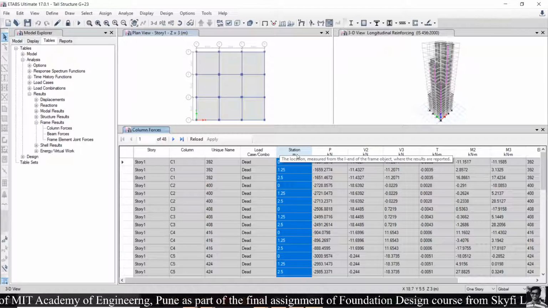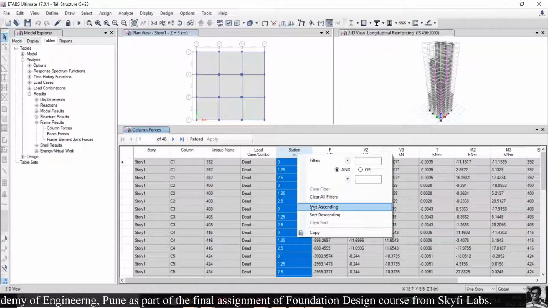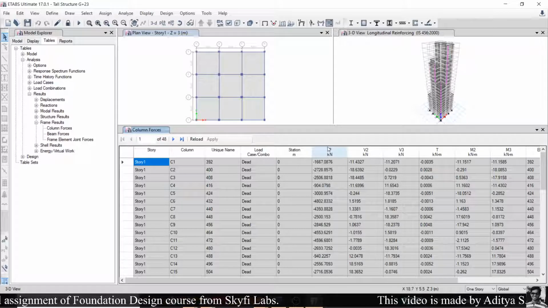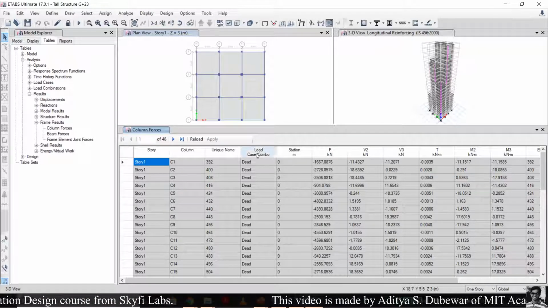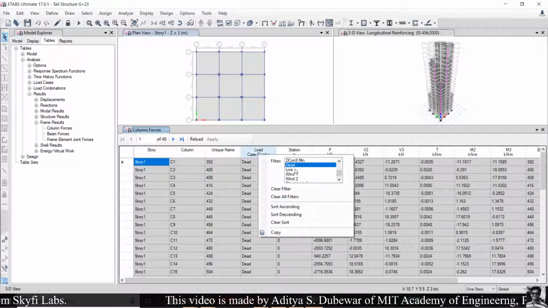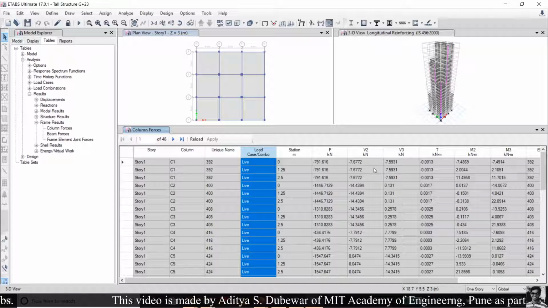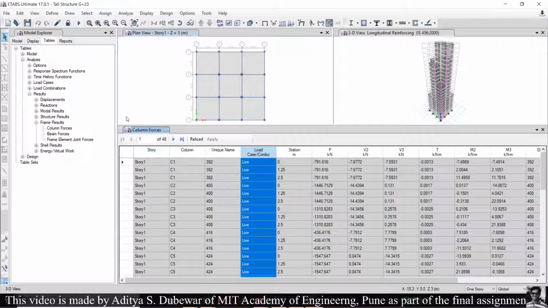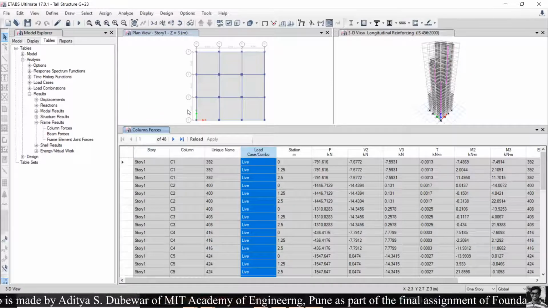We require the column forces at the bottom of the building, so we will sort in ascending order. Okay, it will sort by 0, and here we can get the dead load forces, like this. And for live load, simply change this detail to live load. Okay, like this. And for the column dimensions,